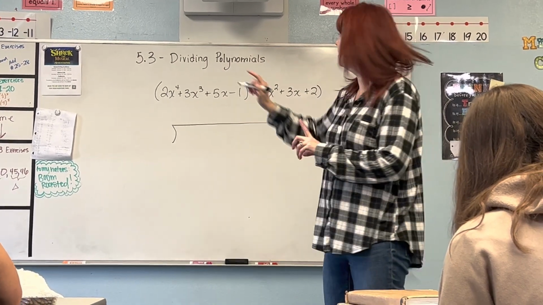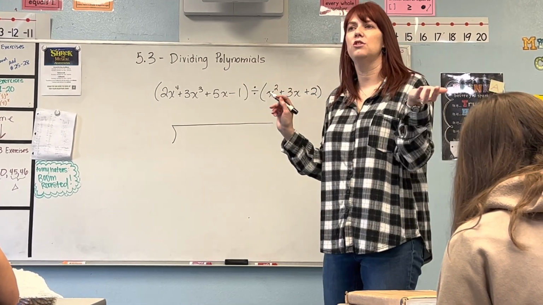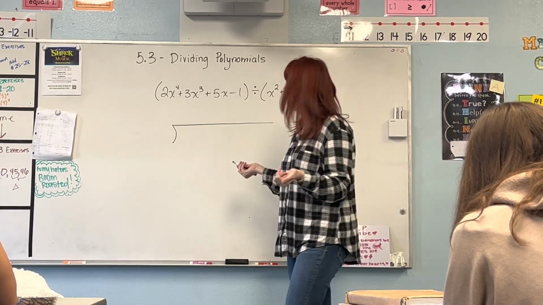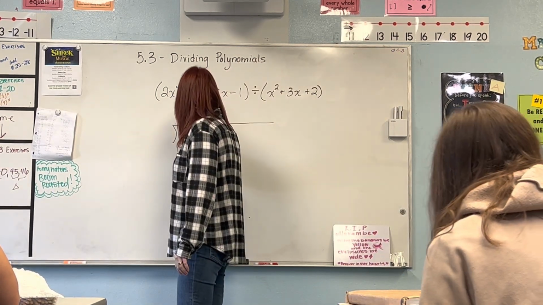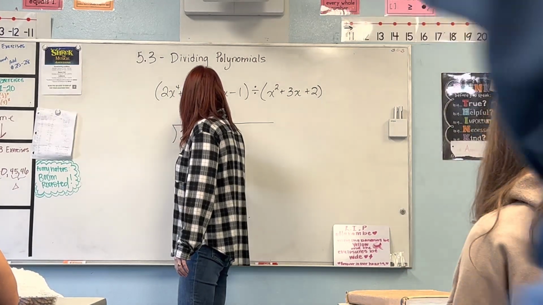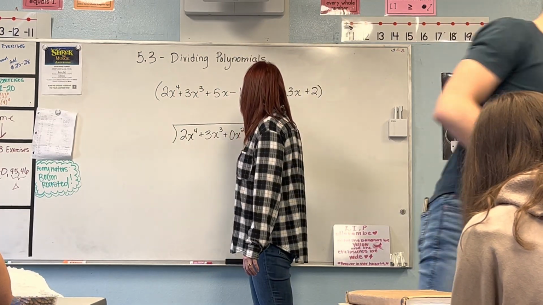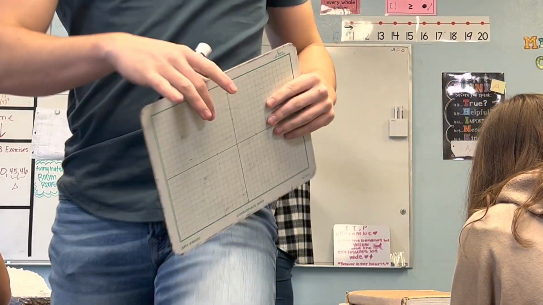Terms. So there's no x squared term, so we need a 0x squared. If you're missing 2 terms, you'll need 2 placeholders, okay? So we have to do... Forgot, I need a whiteboard for this one. Plus 3x to the third plus 0x squared plus 5x